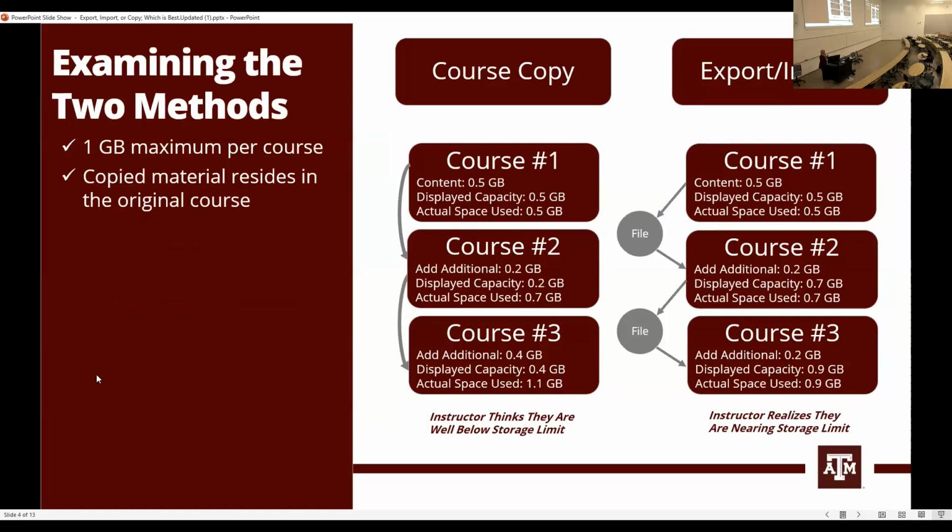All right, so the other thing that you want to consider when you are choosing between exporting or importing the content or course copy is the storage limit. Canvas tends to have a 1 GB storage limit, and you want to make sure you're not going above that, because then you cannot share files with your students. So the best way to consider whether you are going to do course copy or export or import is to